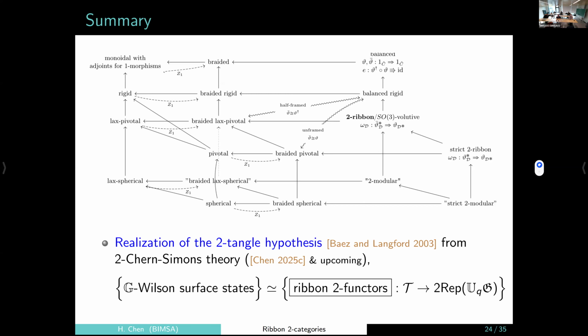So also, one more thing that you can think about is spherical structure. This is schematic because even already at the pivotal level, there's a distinction between lax pivotal and the pivotal condition. So you should have a spherical and a lax spherical condition, possibly more. That's the thing. I have no idea how these different things are related, but if you just work through